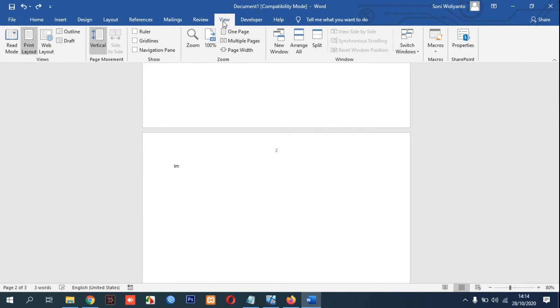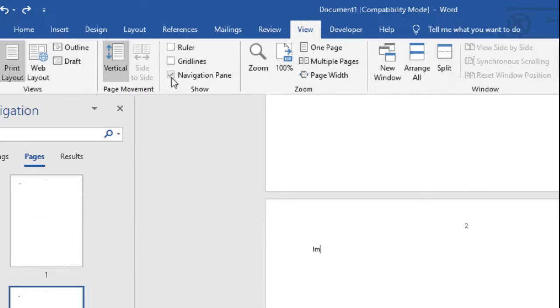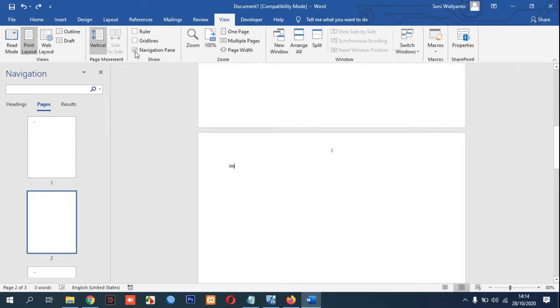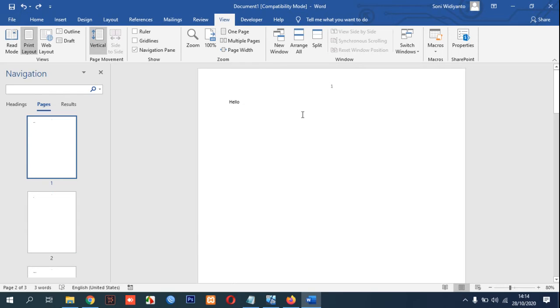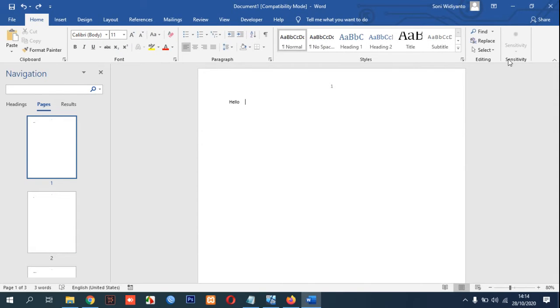can click View first, and then choose Navigation Pane. You need to activate the Navigation Pane, and then to delete a page, for example, you have three pages here, you can go to the Home tab,